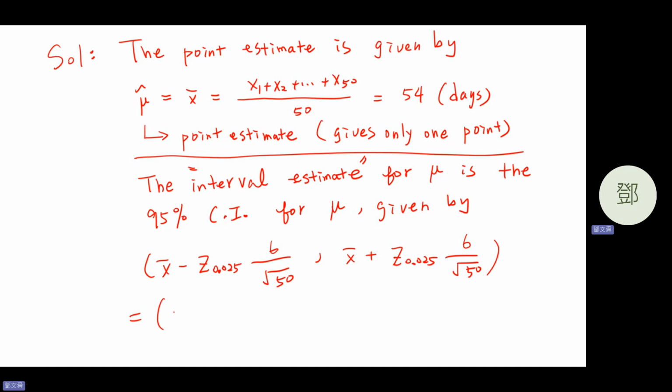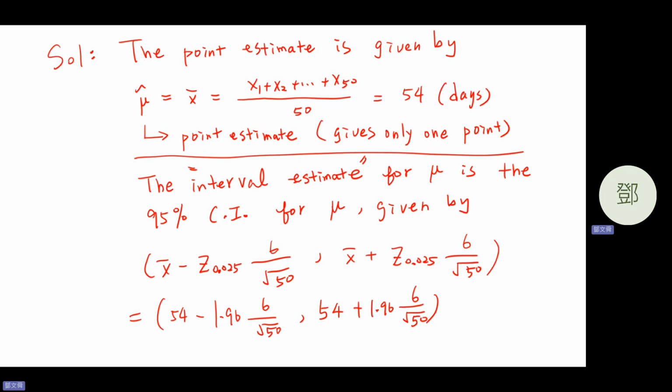This is equal to 54 days minus 1.96 times 6 over square root of 50, and 54 plus 1.96 times 6 over square root of 50. Okay,